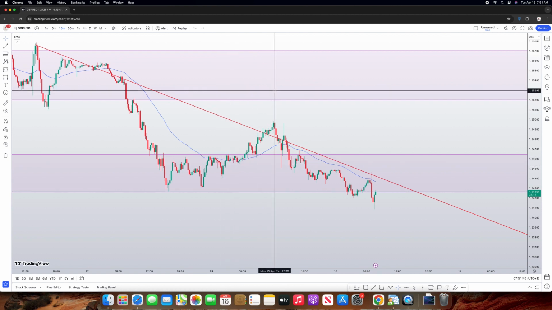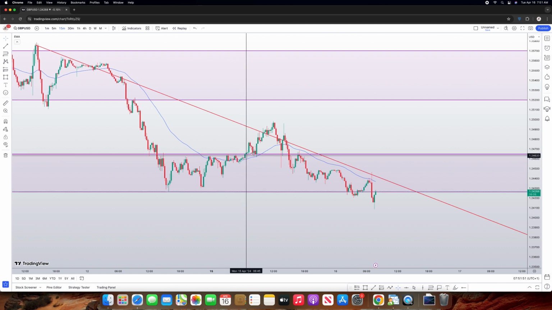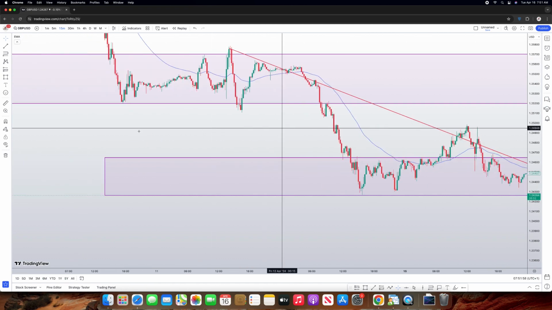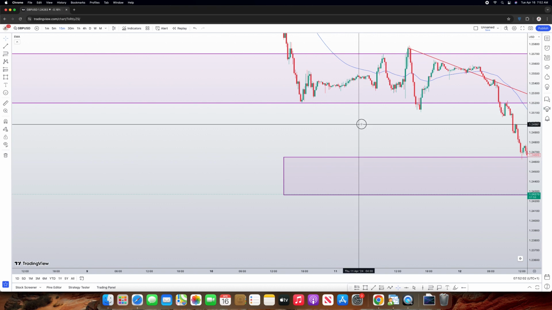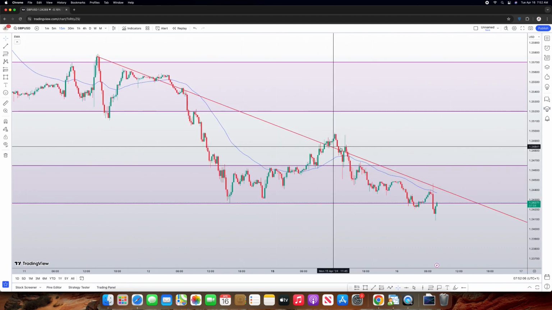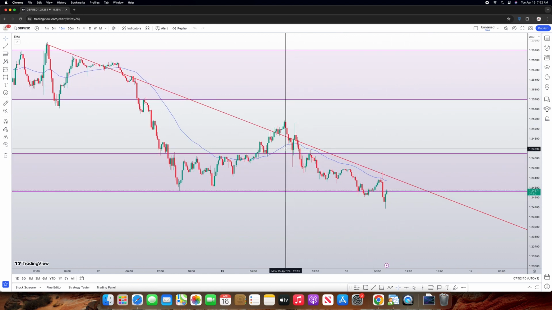It didn't give any clear confirmation until it got to this level and rejected from a shadow on the 4 hours time frame. It rejected from that shadow and started dropping. So I wanted to sell this GBP USD